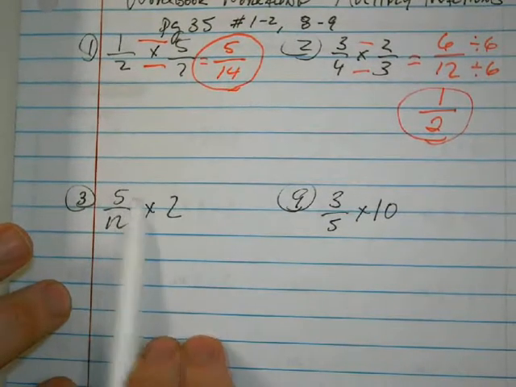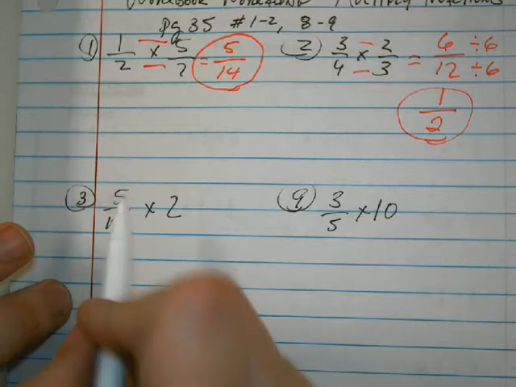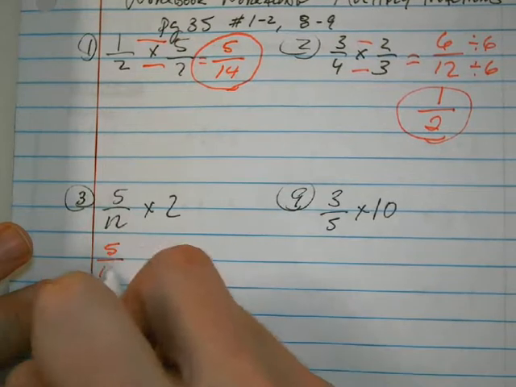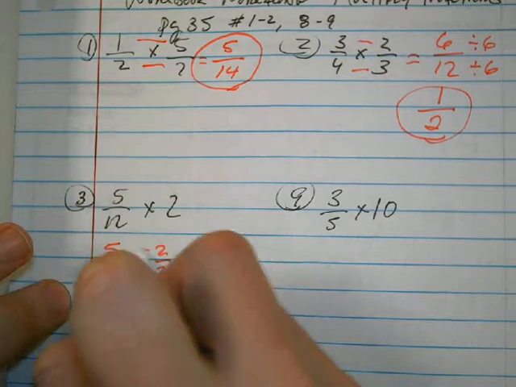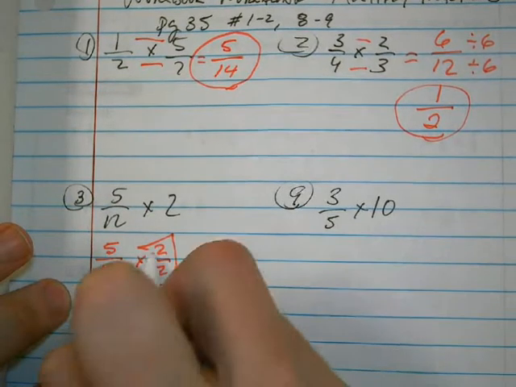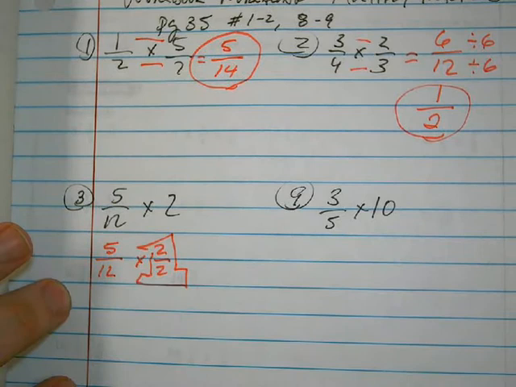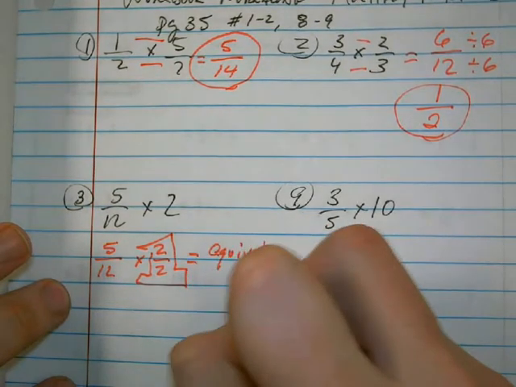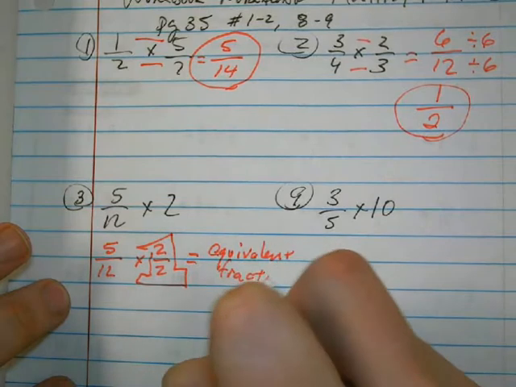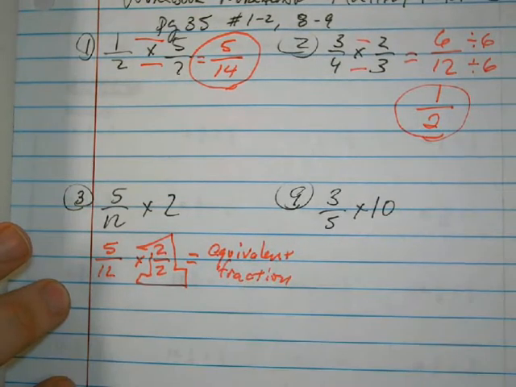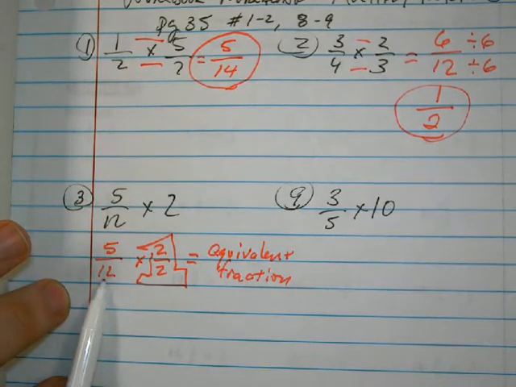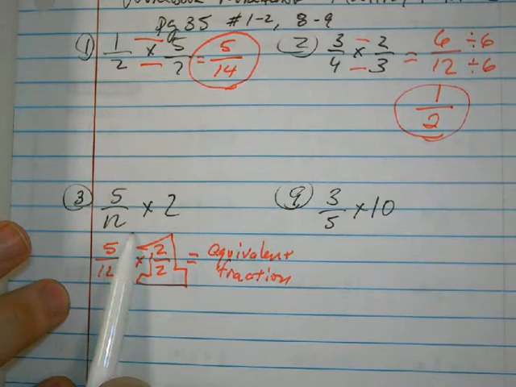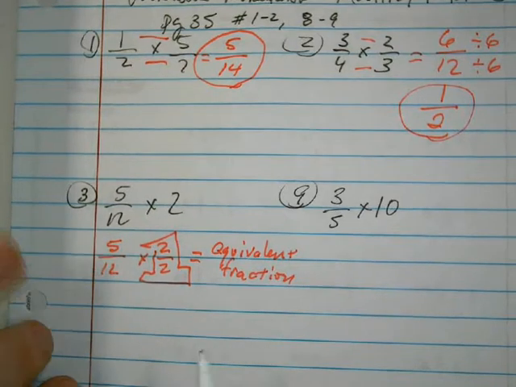Okay? I don't want to multiply 5 by 2 and 12 by 2 because if I did that, look what I'm really doing here. I'm really multiplying by one whole if I do that. Okay? This would get me an equivalent fraction, which you may need if you are adding or subtracting and I need to get a denominator that was different. If I wanted to get a 24 for my denominator so I could get a common denominator and add, then I would do this. Otherwise, that's not what I want to do. What I need to do